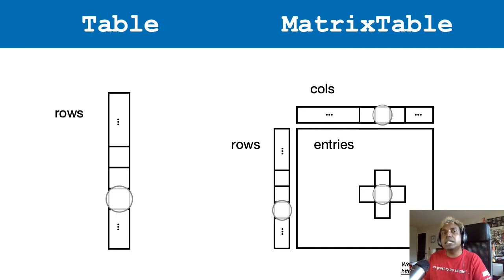Another thing you also see is the Hail table, where the Hail table is just a two-field group, which is just the rows and the global fields. This is usually things like annotation data sets that you'd want to put in and just join with your matrix table. And I promise you that when we reach the practical, I will show you the difference between the matrix table and the table,